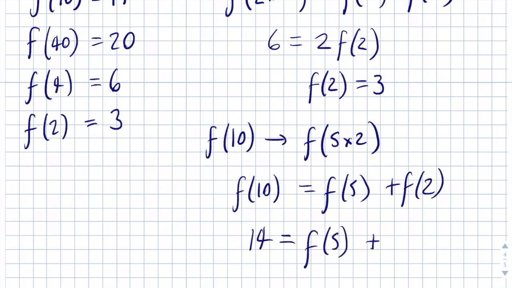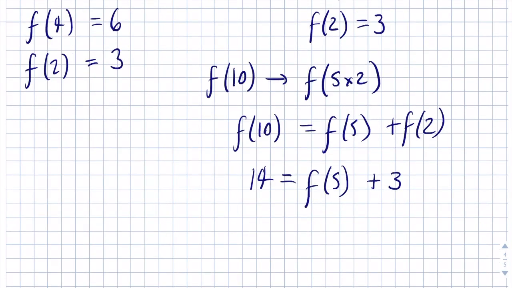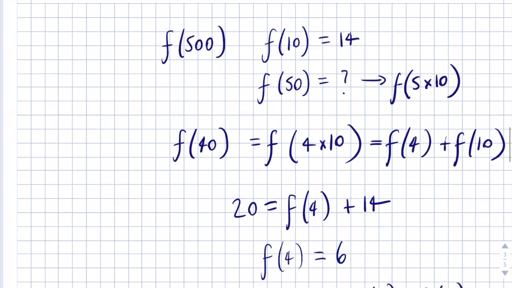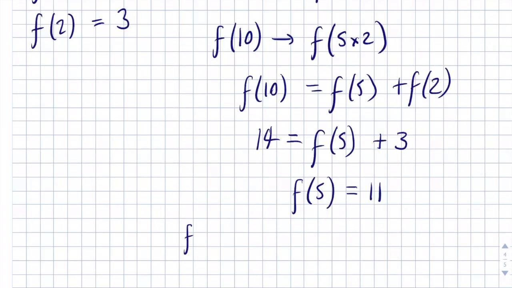Don't know what function 5 is, but that's what we're trying to find, and we know that function 2 is 3. Now you can rearrange this to get function 5 is equal to 14 minus 3, which is 11. Now we've got a value for 5 and 10, so we can work out what function 50 is. So function 50